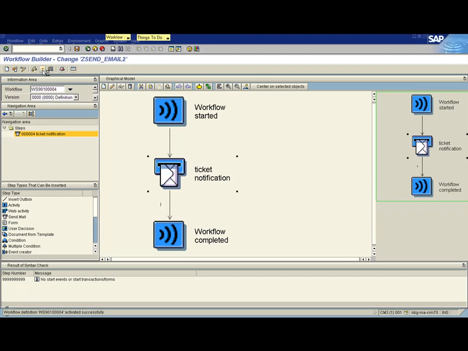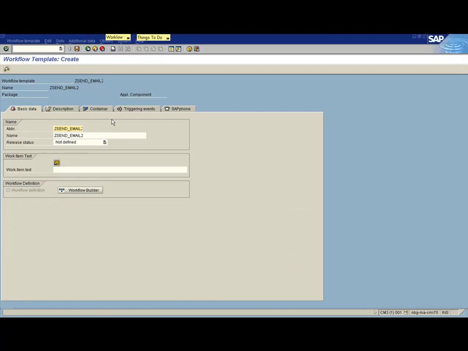Okay, if you notice, the requirement also mentioned that this email will be automatically sent when you create the business activity transaction.